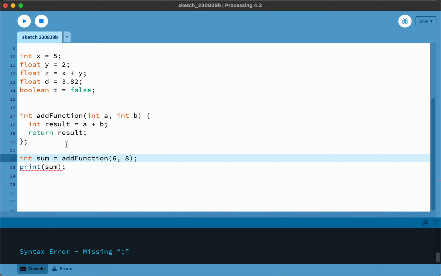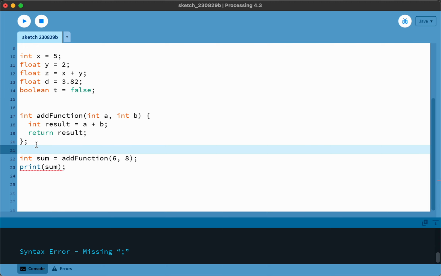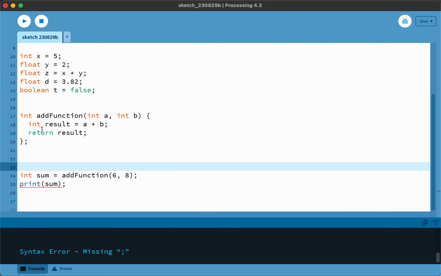With Processing and Arduino, they both are set up when they run a snippet of code called setup, and then they loop indefinitely, both Processing and Arduino. So we need those snippets now. So we've got our global stuff set up. Our setup, which is what's going to run first when we first run our program,